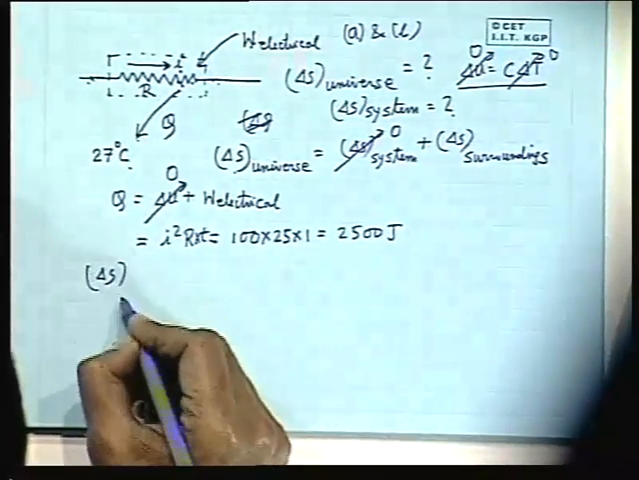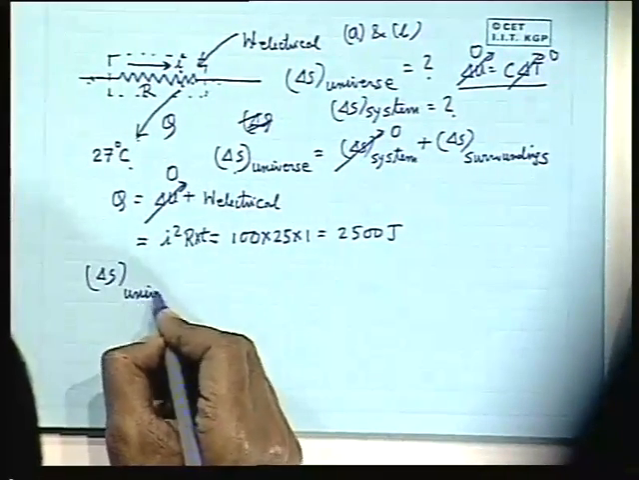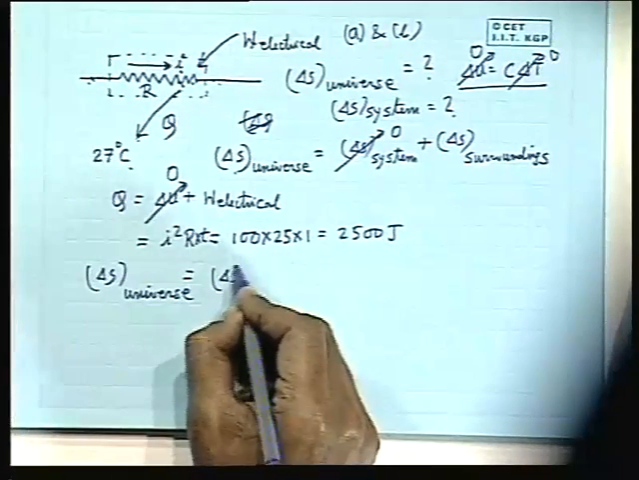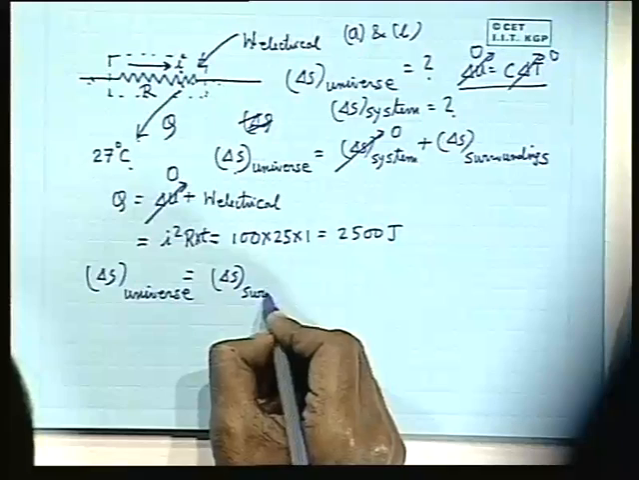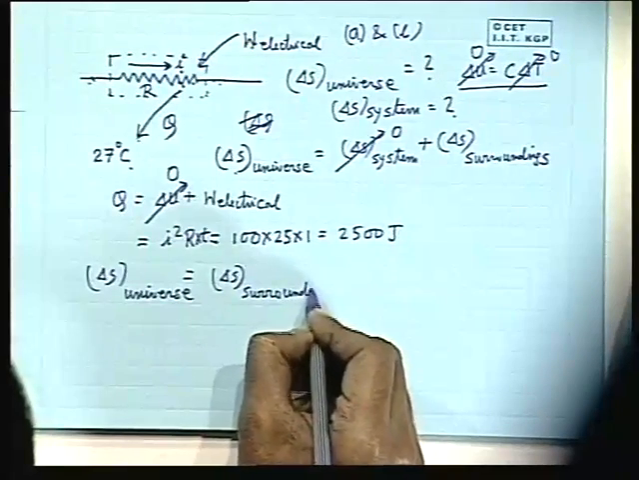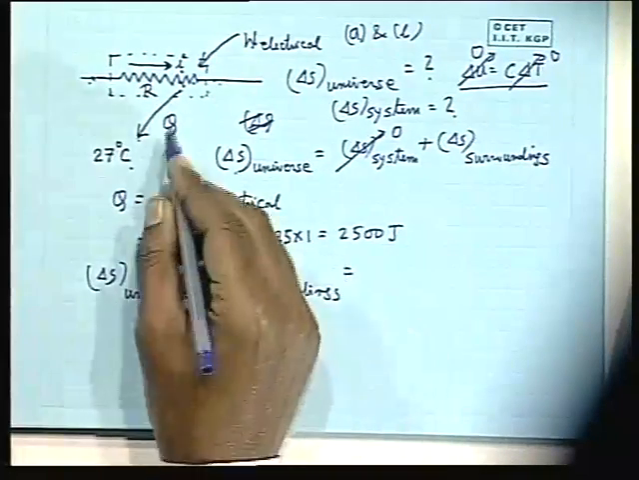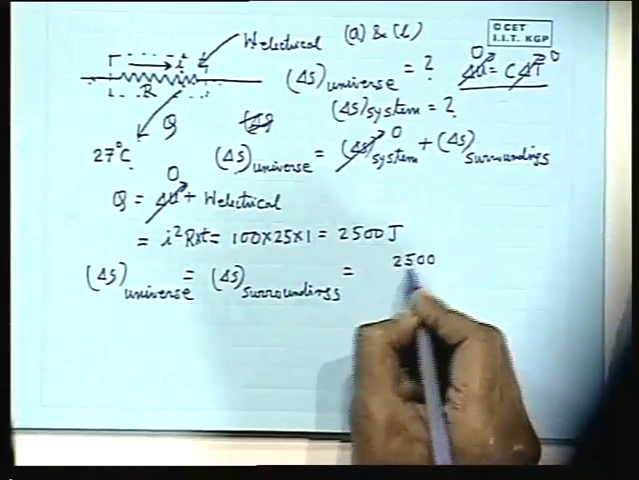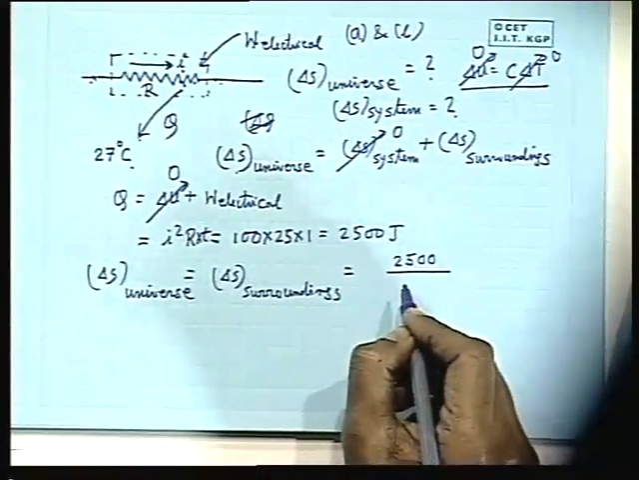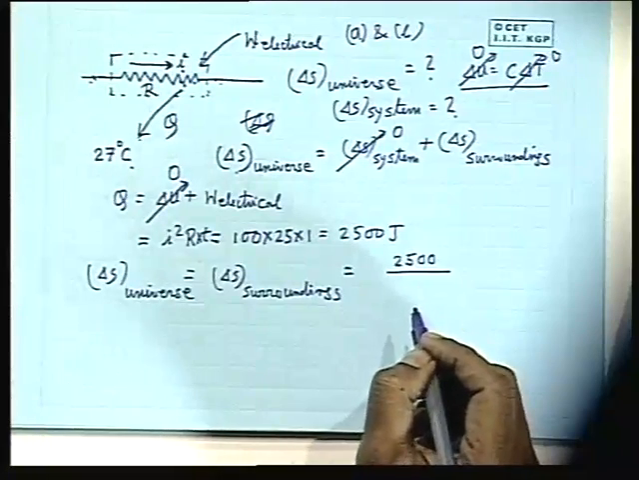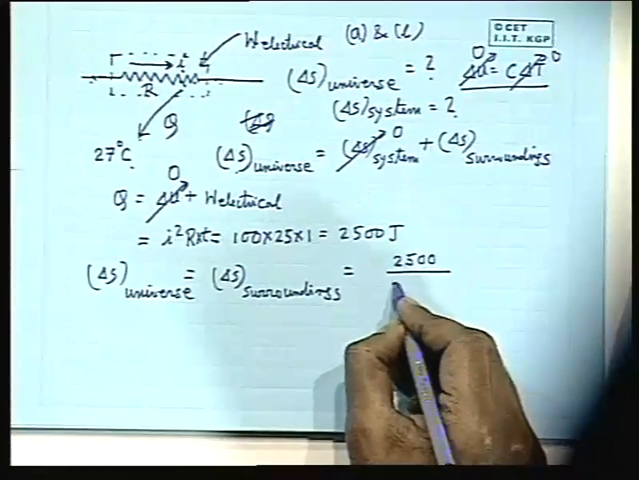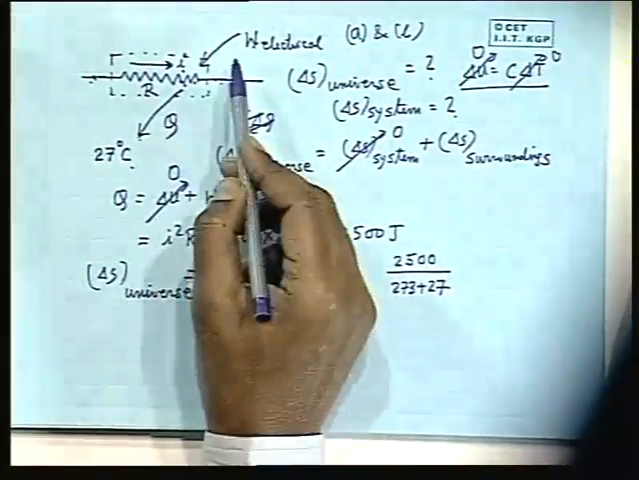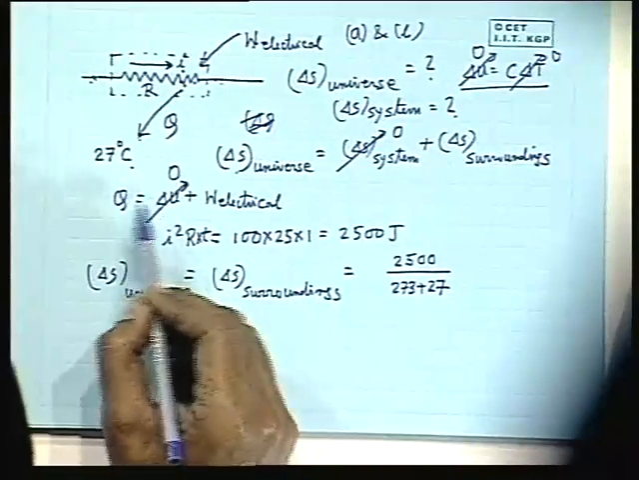So, therefore, we can write delta S universe becomes equal to delta S surroundings. What is this? Surroundings receives heat at a constant temperature. So this will be a positive quantity. Any problem? So, how can we consider that delta S system is 0? Yes, I am answering this question, but before that, here one thing,